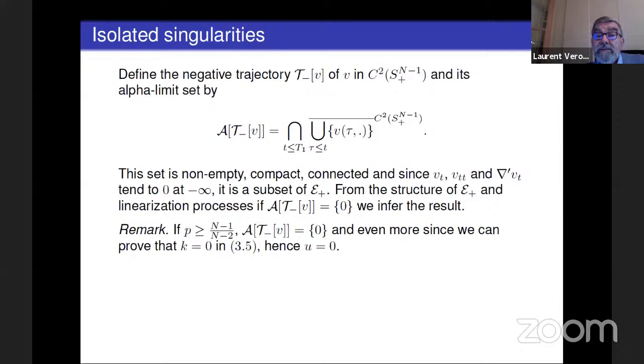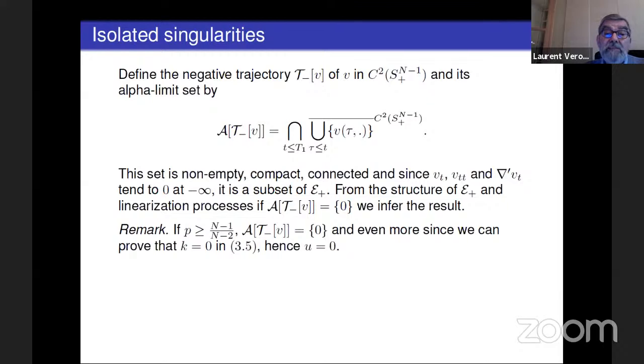Now, when the set is not reduced to 0, it goes to the positive solution or to 0. If it goes to the positive solution, since it is unique, you are done because of the fact that the limit set is connected. If it goes to 0, you practice some linearization and you obtain that the solution decays like a solution of an equation without nonlinear terms. That means with a potential, just a harmonic function.